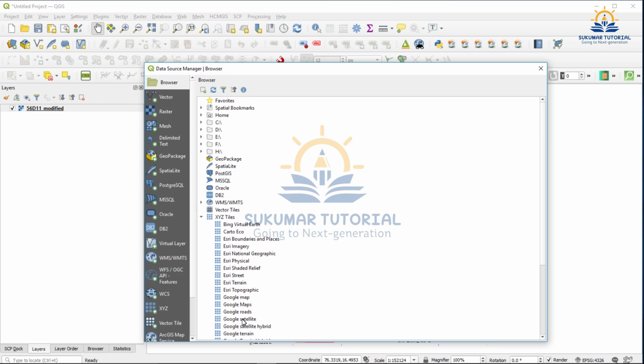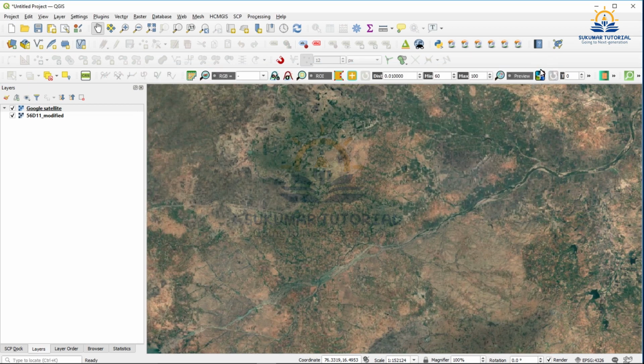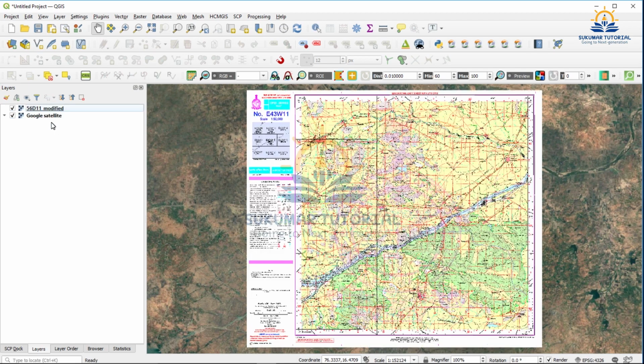In the next class I'll tell you another method of how to get the base maps. Now I'm double clicking the Google map. Once you double click it, the Google satellite map comes into the layers.